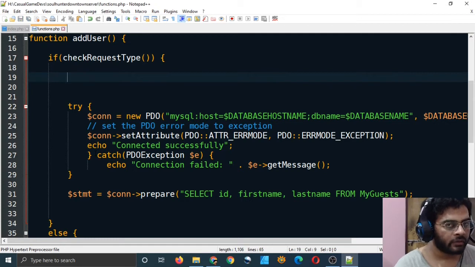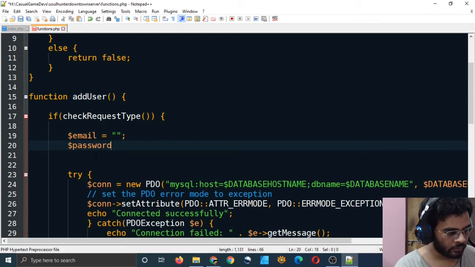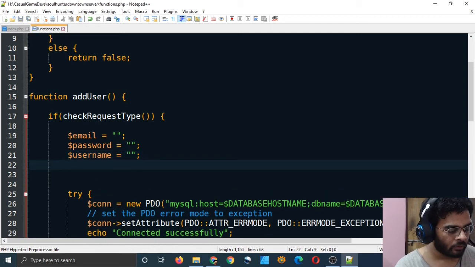We will be receiving email when the user is creating an account. He will send email, password, and what else, username. Will we receive a profile picture? Yes, he will send a profile picture file.